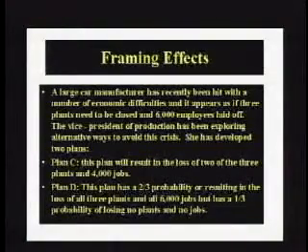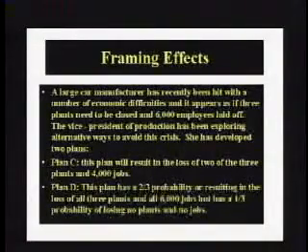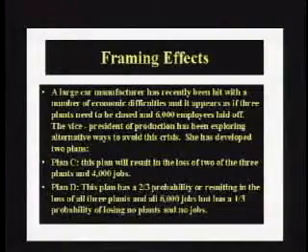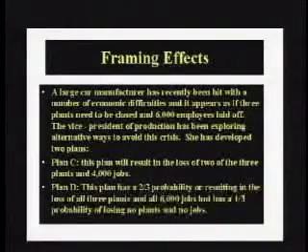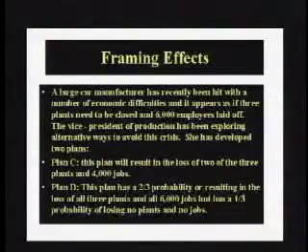The vice president of production has been exploring different ways to avoid the crisis, and she's developed 2 plans in this instance. Plan C will result in the loss of 2 of 3 plants and 4,000 jobs. Plan D has a 2/3 probability of resulting in the loss of all 3 plants and all 6,000 jobs, okay, 2/3 chance of that, and a 1/3 probability of losing no plants and no jobs. So make a choice, C or D. Okay, don't spend too much time on it, and let's pass it back to Altanique.